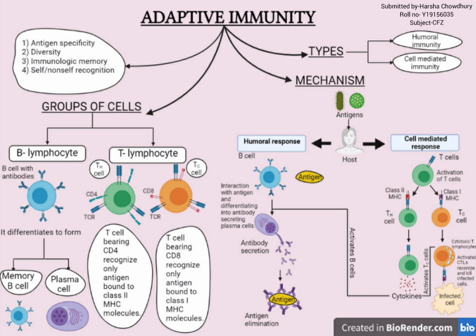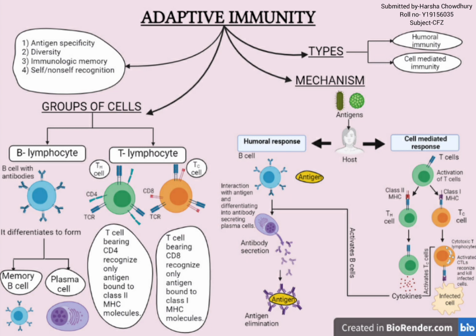molecule. So when a B cell that has not previously encountered any antigen encounters the antigen, it matches a membrane bound antibody, and the binding of the antigen to the antibody causes the cell to divide rapidly, thus forming its progeny, which is the memory B cell and the plasma cell. The memory B cells express the same membrane bound antibody as the parent B cell. The plasma cells have no such membrane bound antibody, but they secrete enormous amounts of antibody, which play a major